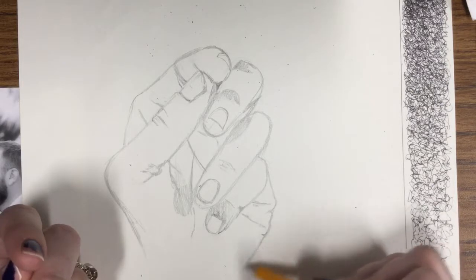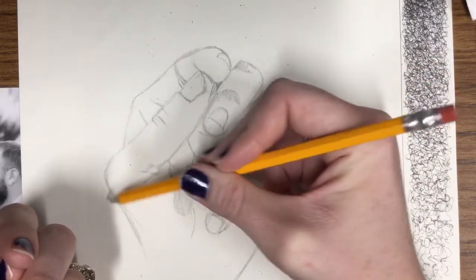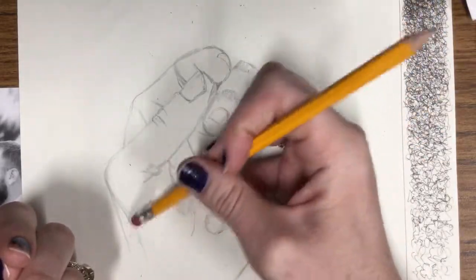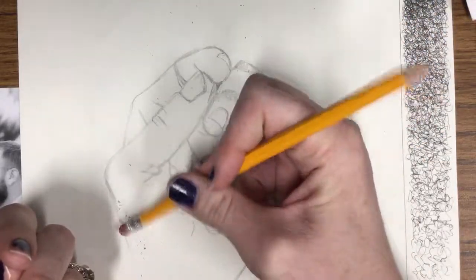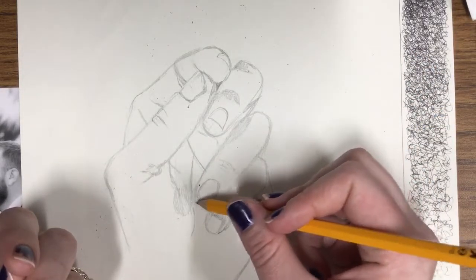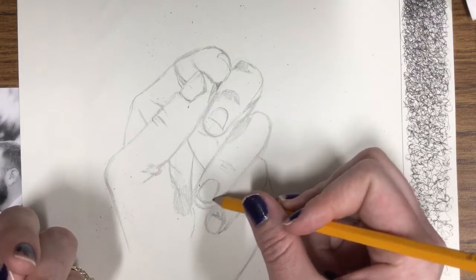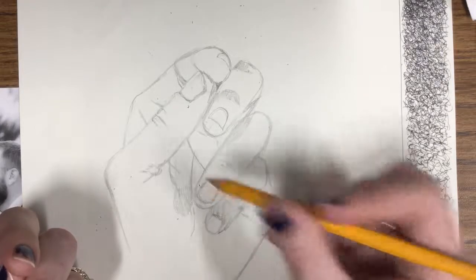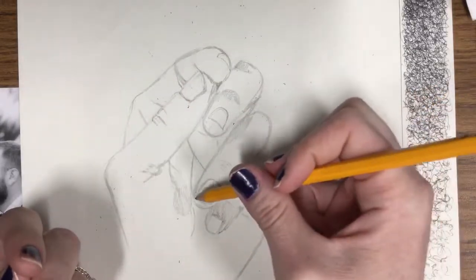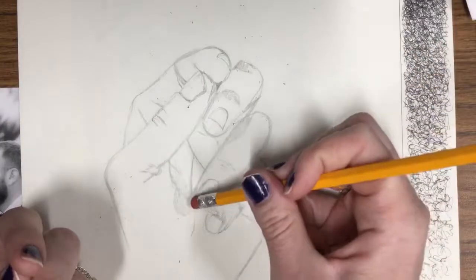And then my hand kind of goes down. I'm going to come back. I notice this line is way too aggressive, so I'm going to pull it out like so. Once you get all the fingernails on, or fingers on, you'll see areas that kind of don't make a whole lot of sense. This finger's not looking so great to me, but I can't really tell what needs to change. A lot of that'll make sense when I start scribbling. You'll start noticing shadows and everything will start to make sense. The key is everything has to be perfectly drawn before you start. Otherwise,